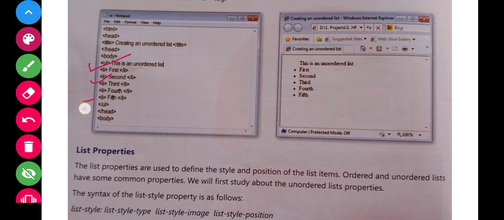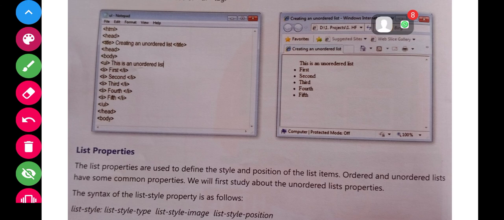So these are items. Unordered list close, head tag close, and body tag close, and our output will show here. This is unordered list, first, second, third, fourth and fifth. Got it? This is the unordered list syntax or program of our HTML list.